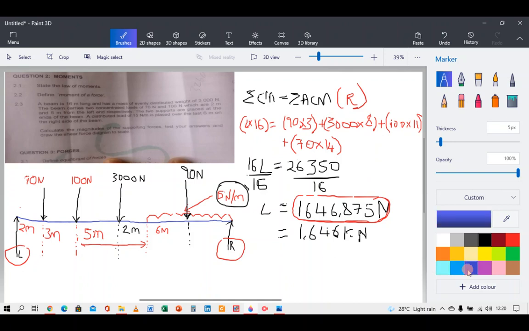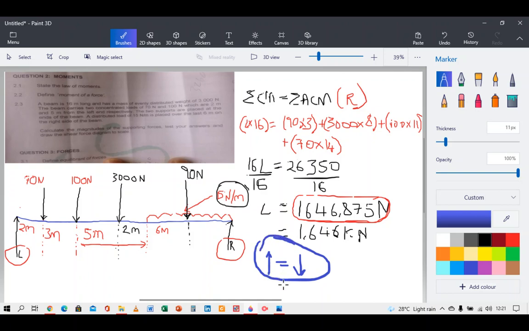So I cannot repeat this calculation; I will just make a shortcut to find the value of R. As you know, the upward forces equal the downward forces. The sum of these, they are equal. I will just make the shortcut, but in terms of calculation in exam, just do the long calculation, because